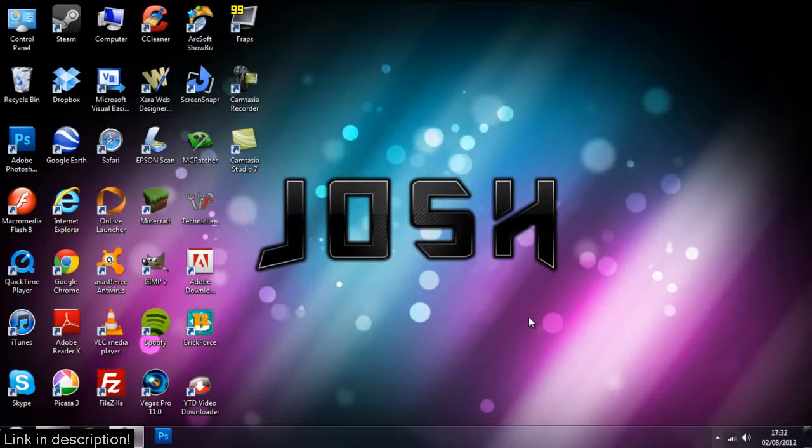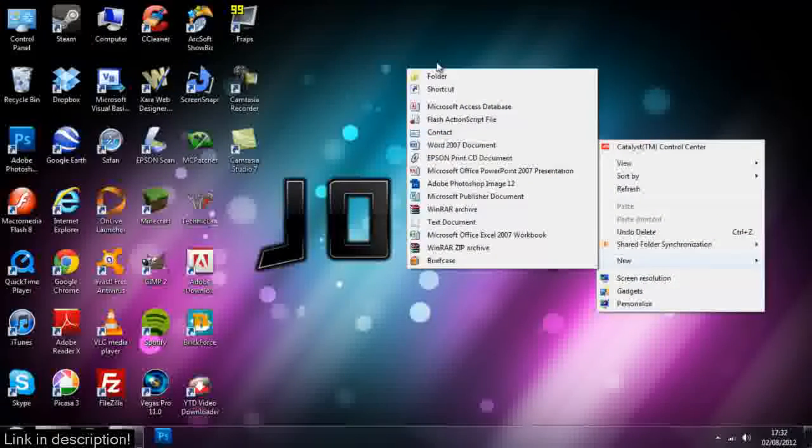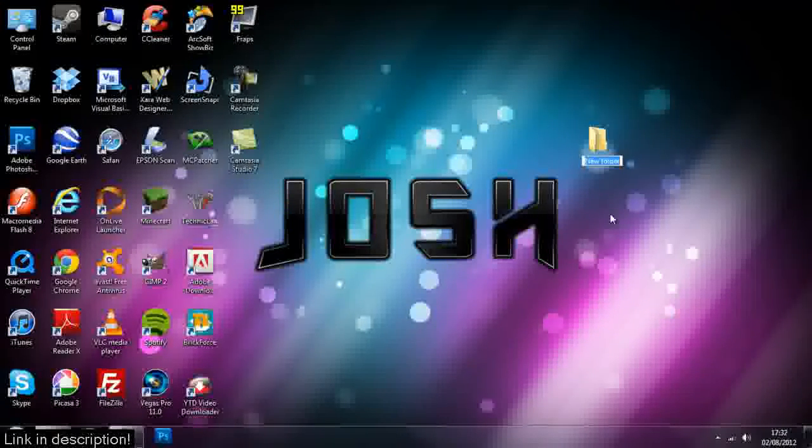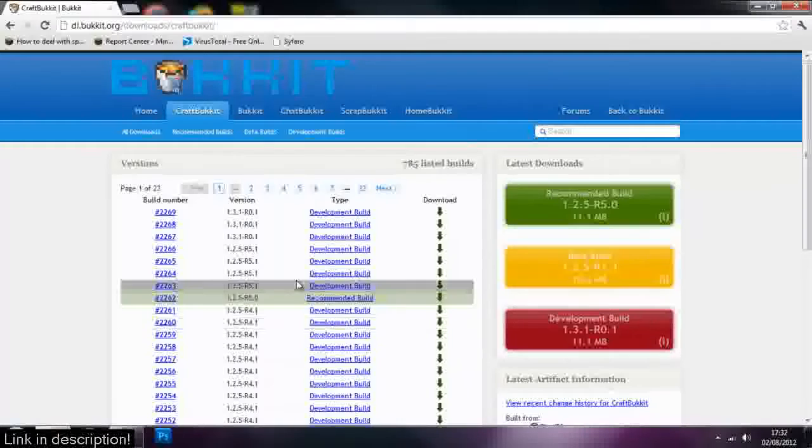Showing you how to create a Bukkit 1.3.1 Minecraft server. So first of all, we're going to create a new folder on our desktop or wherever you want it to be, just so we can organize all the files. I'm going to call it server, and then I'm going to go to the site listed below,